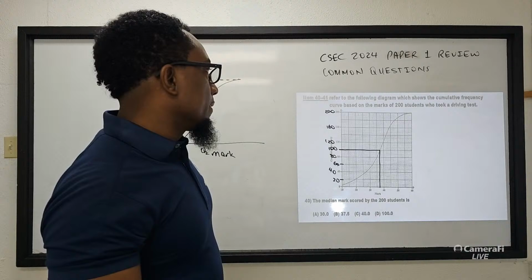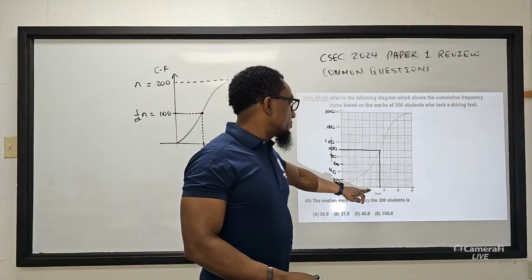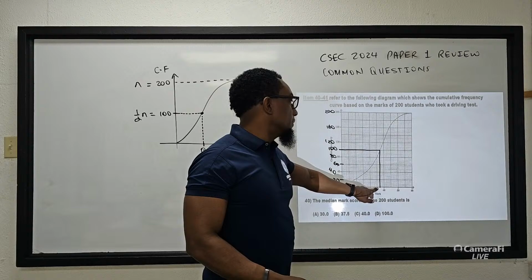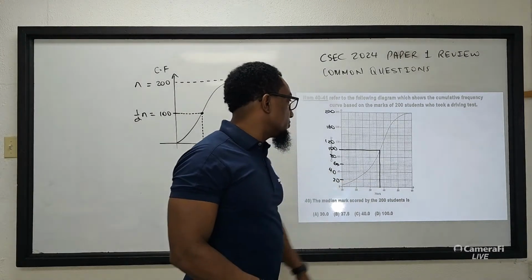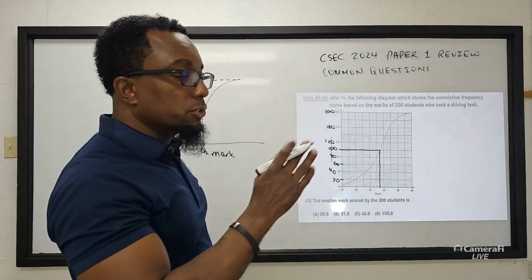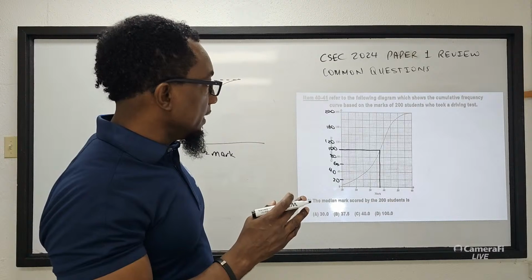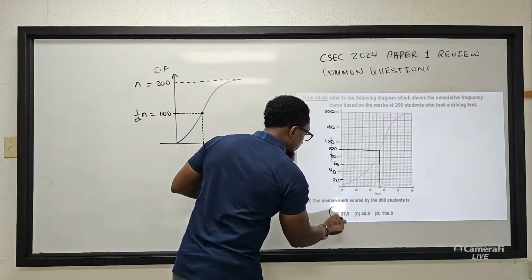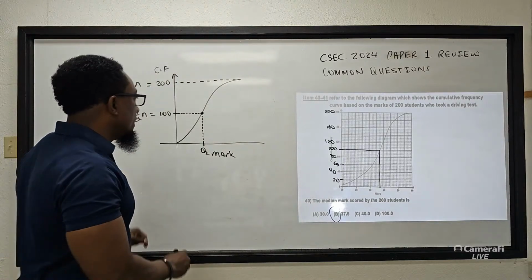Alright? And what is that value? If this is 30, this will be 31, 32, 33, 34, 35, 36, 37. And it looks like it's halfway between 37 and 38. So the answer here will be 37.5. So the median mark